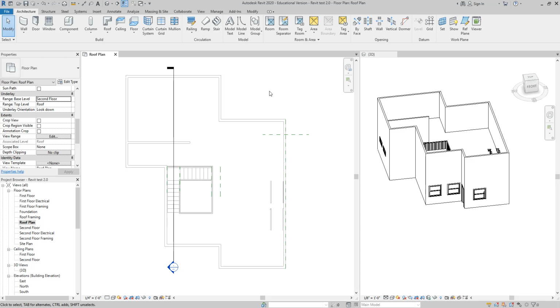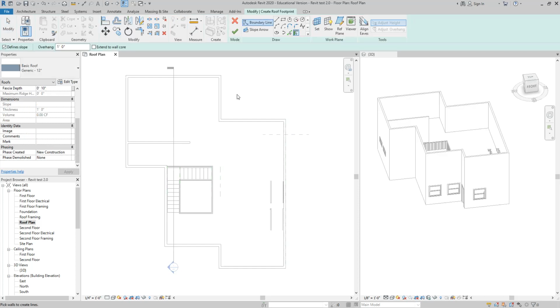So first thing when I'm here, what should I click on? Roof, right. Pretty straightforward. And then what looks familiar here? Yep, I'm back in sketch mode. Now because I'm not doing an overhang, right? I don't need to have overhang on, 0. And then I'm also, do I have a slope on this roof? It's a flat roof, so I can turn that off too. So define slope is gone, overhang is gone. I'm going to grab my line